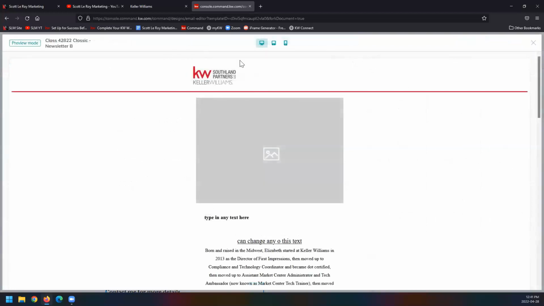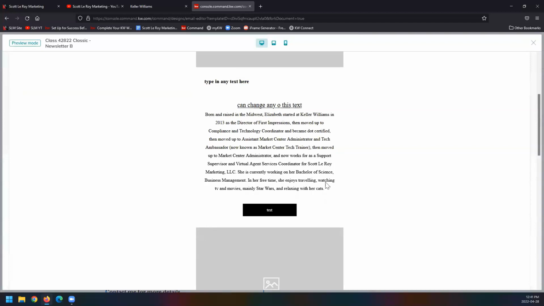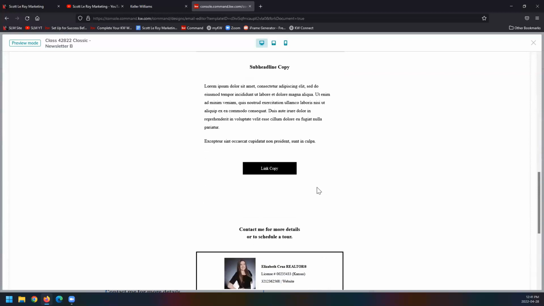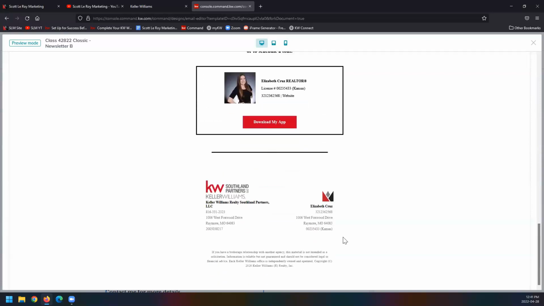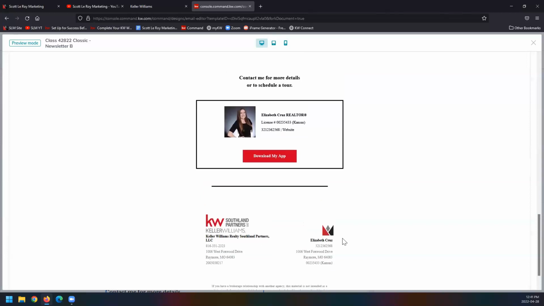to show you that logo at the top is a merge field. I inserted a merge field and it populates the information. And all of the fields at the bottom are merge fields. So again, all of this info is pulling in from your marketing profile. So you always want to go in and make sure that that is up to date,